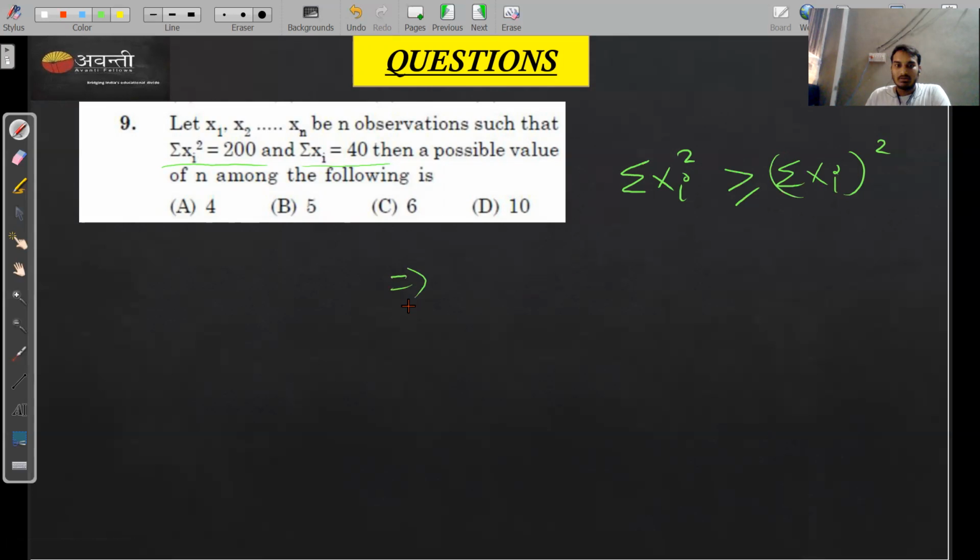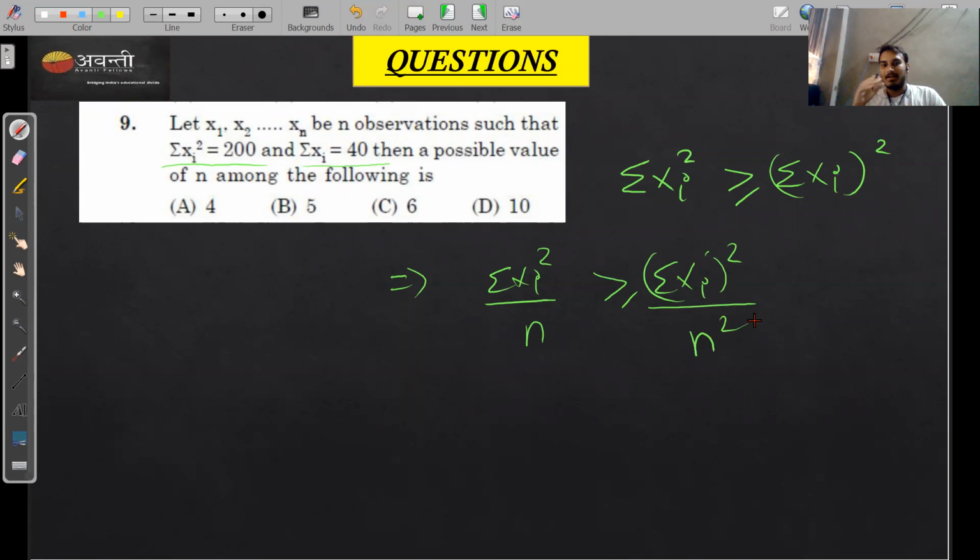Okay, so this inequality holds, then it means summation of xi square by n, dividing the left hand side with a small number and the right hand side with a bigger number, so that we don't have any confusion now. Now see, I'm dividing the right hand side with n square. Dividing with the bigger number will shrink this number much more, right? And I don't know if the inequality holds or not, just let's say it holds, right? Okay, so greater than or equal to, right? It can be greater than also, right?